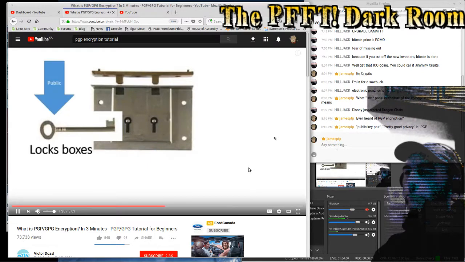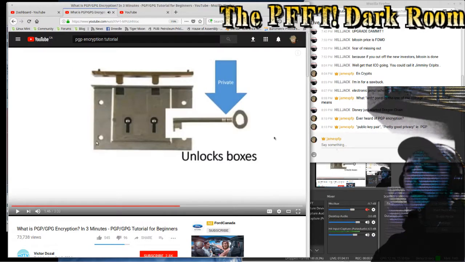Each key and lock have different functionality. In our example, key A will be our public key. Public keys are used to lock boxes. Remember, they can only be used to lock. Another way to think of it is only used for a deposit. In our example, key B will be our private key. Private keys are used to unlock boxes or messages. Remember, they can only be used to unlock.